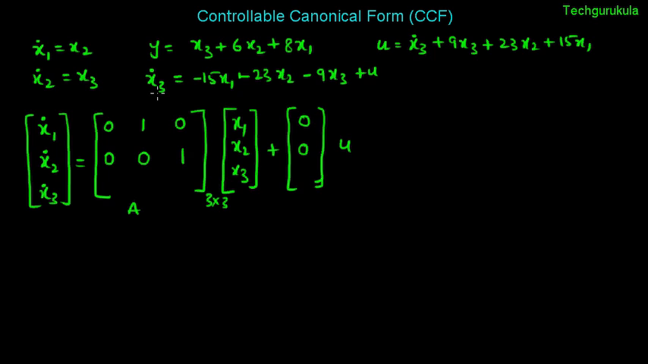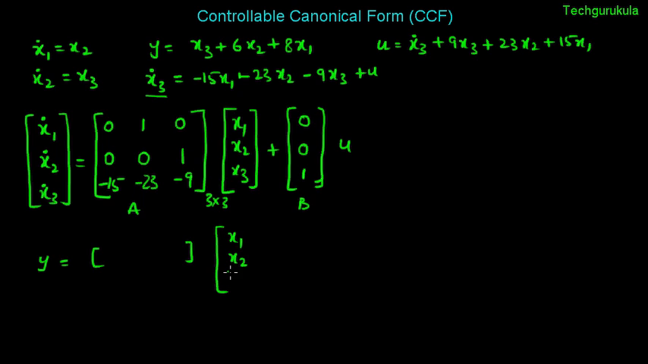Now x3 dot, whereas it depends on x1, x2, x3 and u. So let me put the values here. x3 dot is equal to minus 15 times x1 minus 23 times x2 minus 9 times x3, and in terms of u it is 1. So we have the first equation, which is called the state equation, represented with the matrix A, and this matrix we call B. Now let's find the output equation, which we write y is equal to, in terms of state